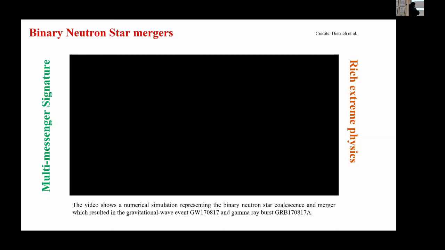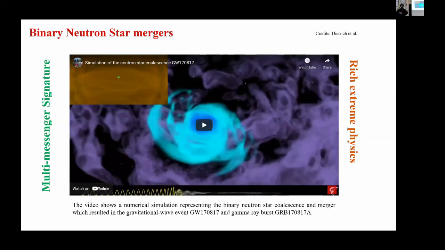So next, here I have a slide on binary neutron star mergers. And binary neutron star mergers are really interesting systems because one can study their gravitational wave emissions, and also such systems are expected to eject a lot of matter when they collide, which then powers kilonovae and gamma ray bursts. So they are really interesting systems.